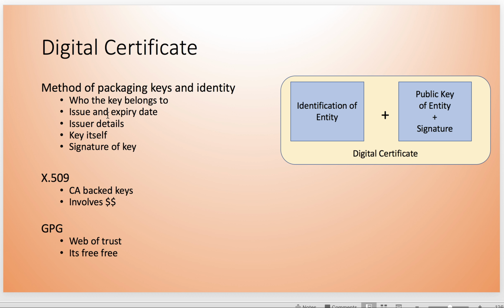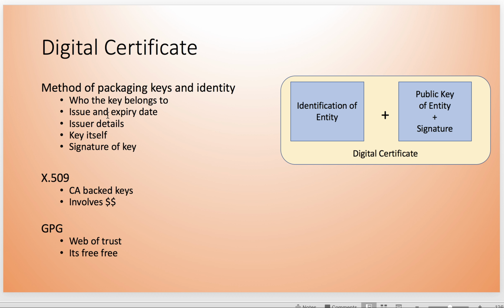Signature of the key, where it is signed by the CA. So basically, a digital certificate contains the identity of the person who holds that certificate. It contains the name, the company name, the issue date, expiry date, issuer details, the signature of the key itself,